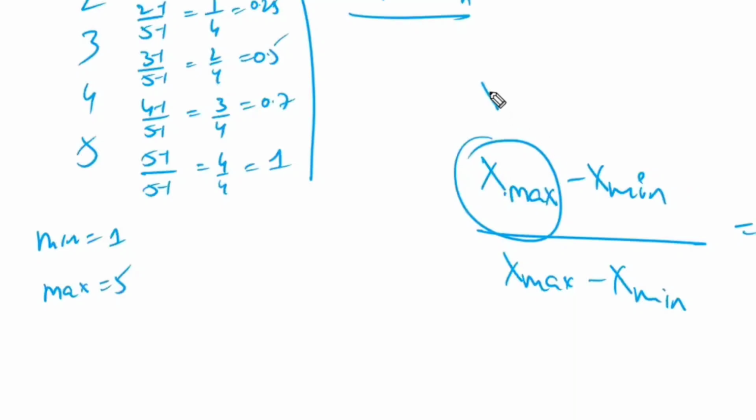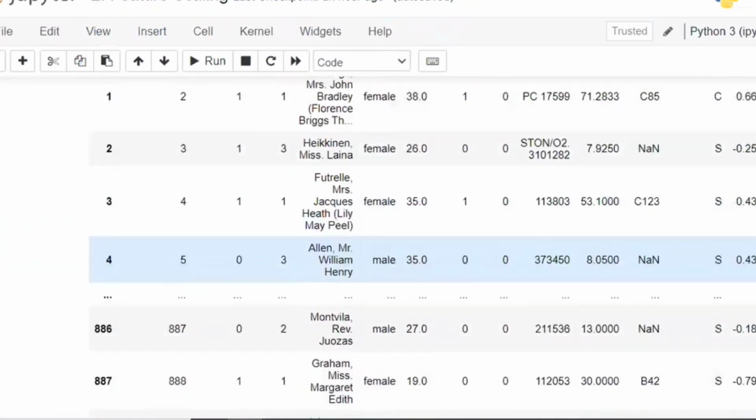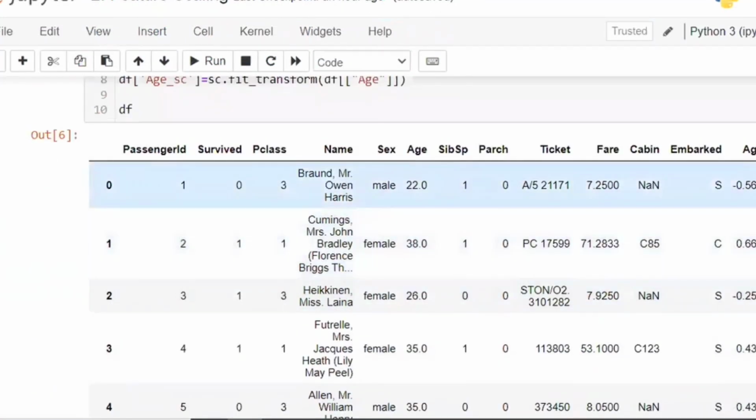Whenever this x value is going to be x min, automatically it is going to be 0. For x min value, it is going to be 0. For x max value, it is going to be 1. So out of these, x min is the minimum value, so it is converted to 0. It is the maximum value, so it is converted to 1. Clear? Now the same thing, whatever the data set we are having here, that is the age